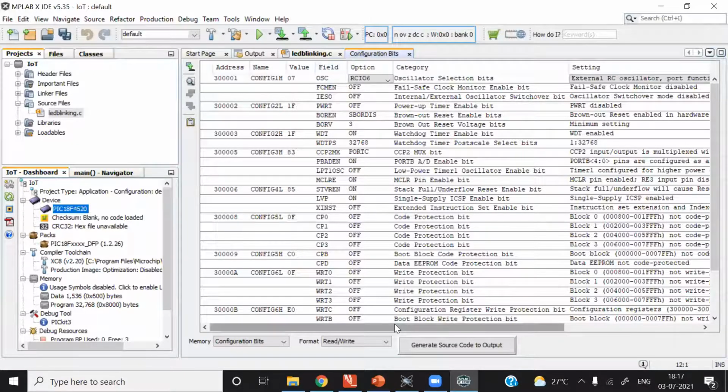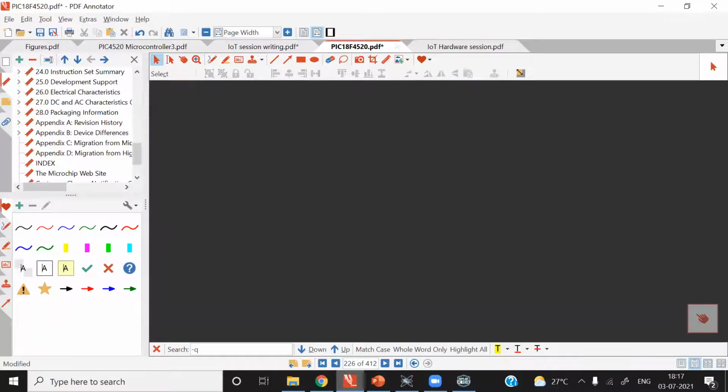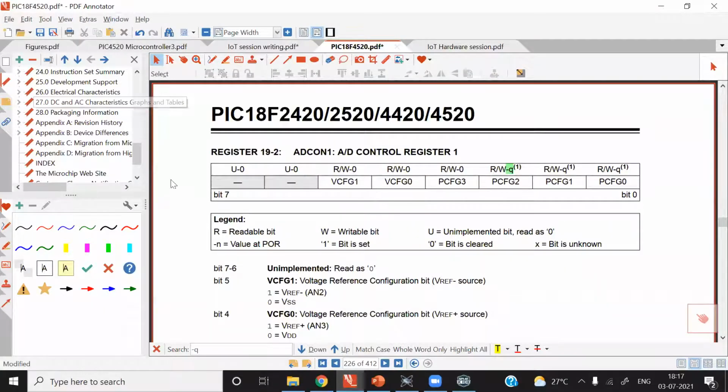Now let me open the application note. The application note is already shared on Google Drive. So let me open the section on configuration memory.